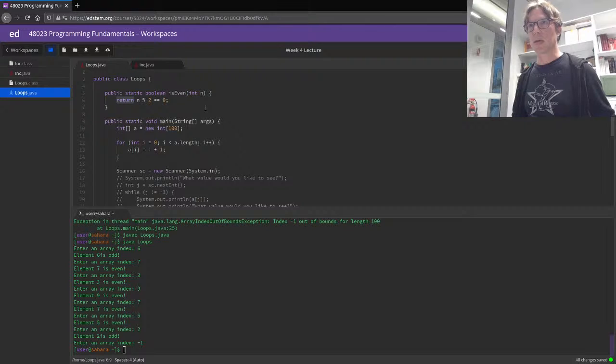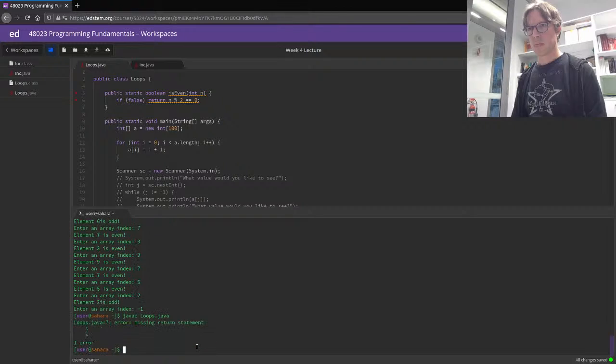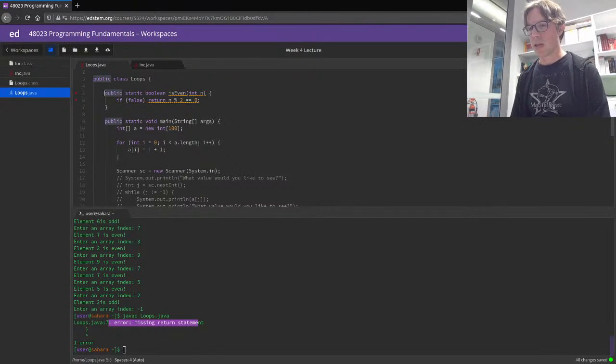Right. So let me do this. If I try and compile it now, hopefully that's a small enough change that you can see I get a missing return statement error on line 7. It's not super clever, but if Java can't figure out a way that this method will always get to some return statement, then it